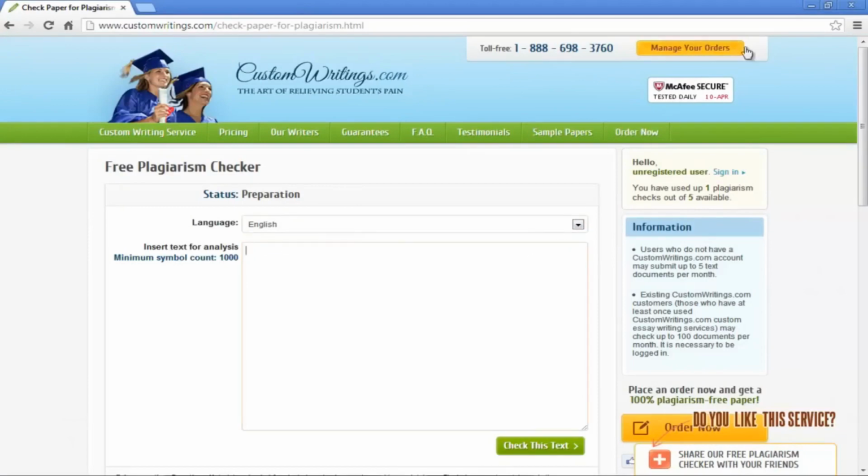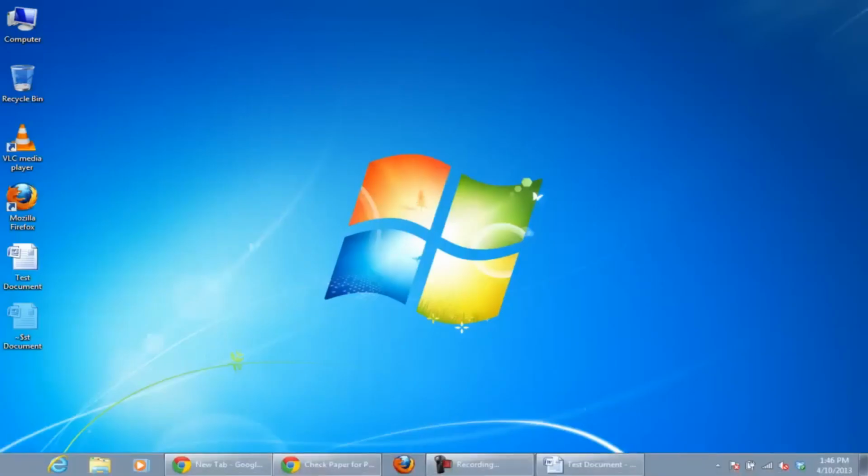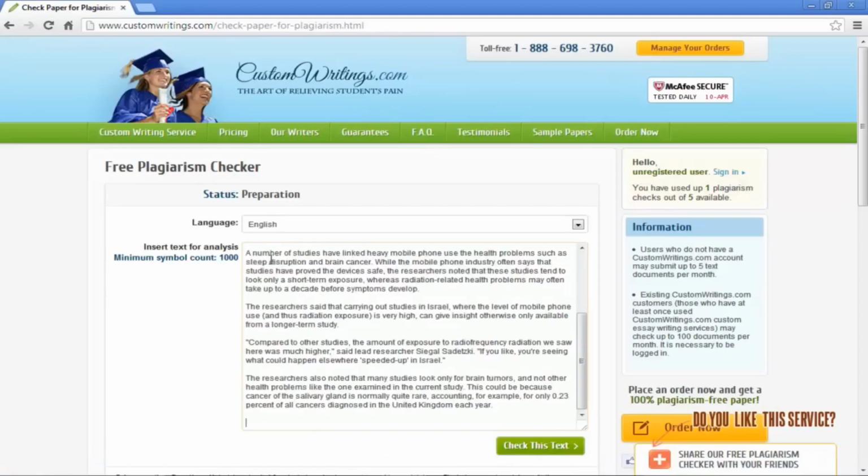Once you have chosen the language, copy the text that you want to check for plagiarism. For the purpose of this tutorial, we have copied data from a web page and saved it as a Word document. We will copy the text from this document and paste it on the website for analysis. Once you have copied and pasted the text that you want to check for plagiarism, click on the Check This